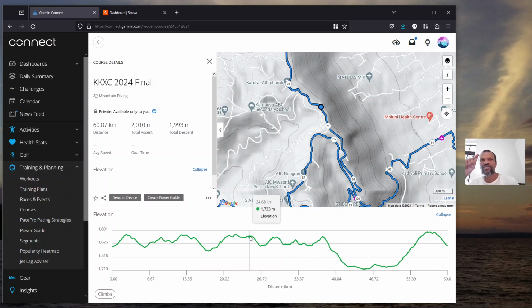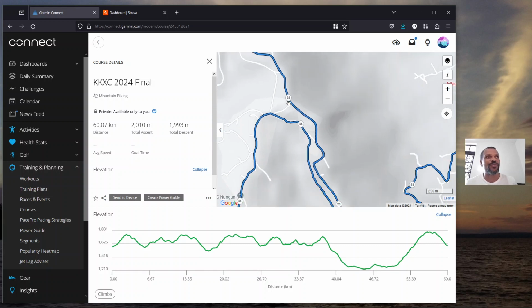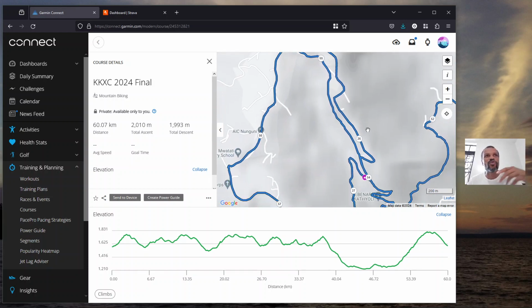That road used to be technical because it was hardly used, but now they've graded it. So it's very smooth. It's going to be so easy to pick up speed, but it's also going to be so dangerous. The actual drop starts from around here. So this corner usually catches people out because you're coming down so fast. Before, when it was technical, you weren't going so fast. But now, because it's smooth and it's been graded, you'll be able to pick up so much speed. Just be careful. This right-hander, you make this right-hander, it's going to be a bit steep. You make a left-hander, and you continue straight until